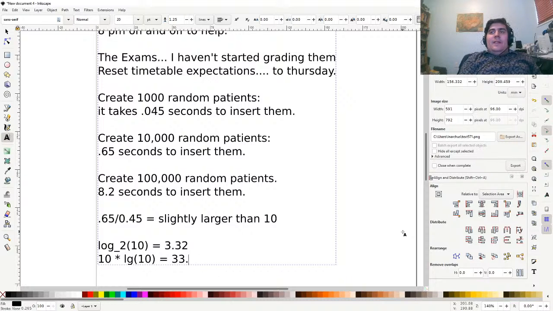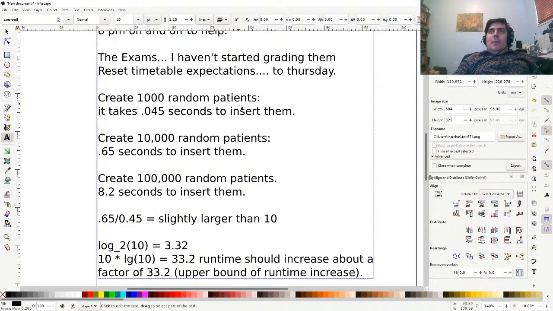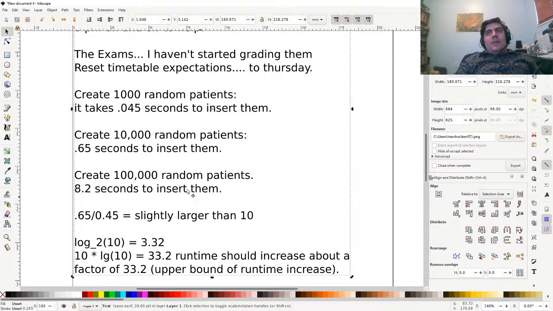So for every time that you multiply the number of patients by 10, you should expect the runtime to increase about a factor of 33.2. But of course, this is like the upper bound of runtime increase. It should be probably a little bit less than that. So, but anyway, yeah, that's kind of what you're looking for. So maybe these numbers are a bit off. I'm just giving them as an example. So basically,